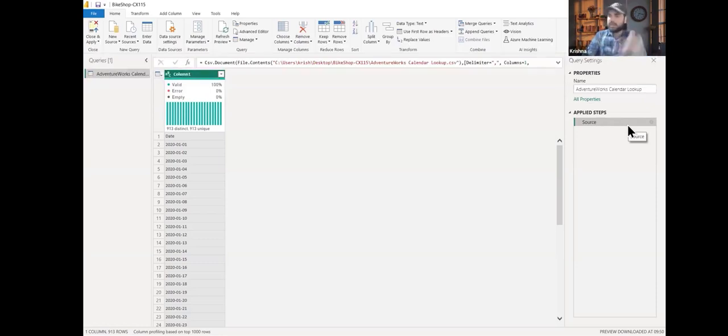So even if it is not detected, let's see what happens. We are in the stage where we have imported the data of the calendar lookup table, having a query. This is the first and the only applied step, and I am thinking that it cannot be changed. And this is a source. What is this applied step all about? This is a source of the file when you imported the data to the Power BI backend.